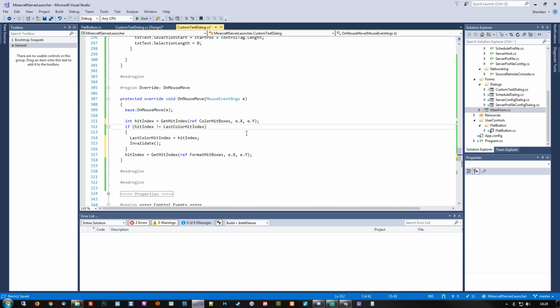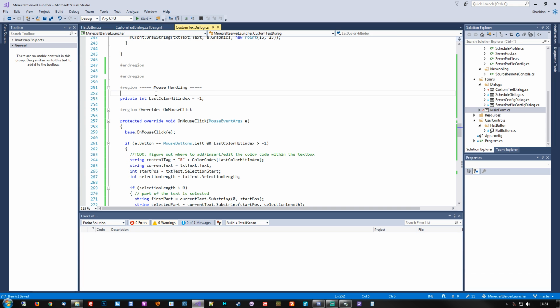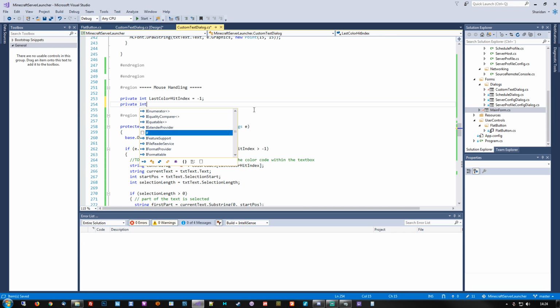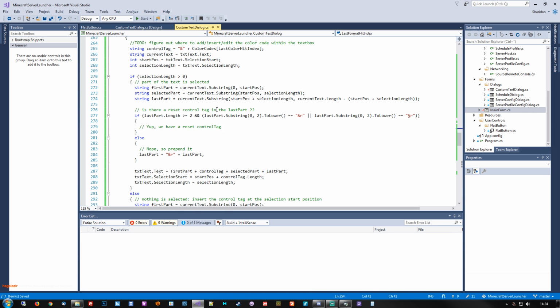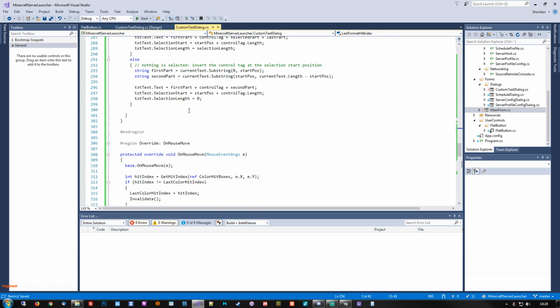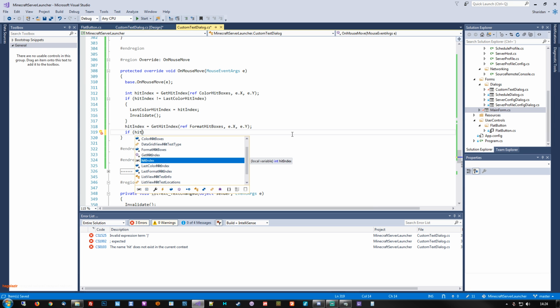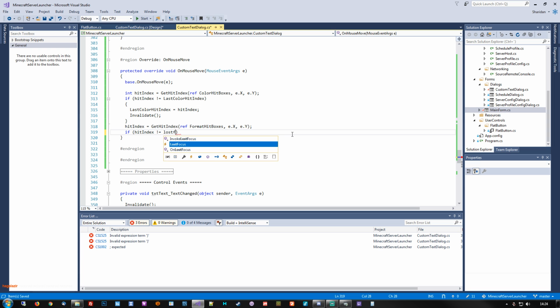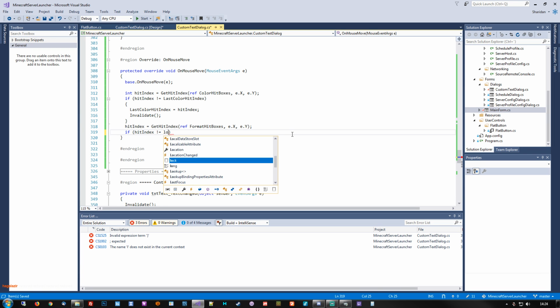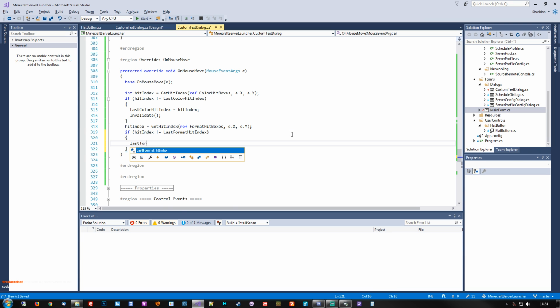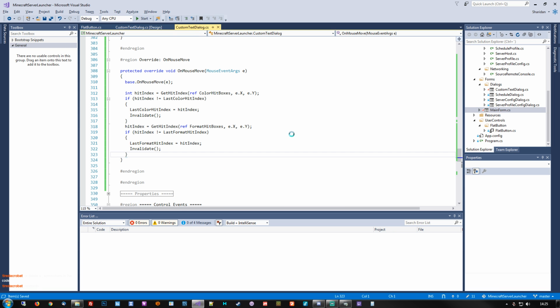And this needs to move there, and then we still need to define a variable for the last format hit index equals -1, indicating nothing. And similar as above, if the hit index is not equal to the last formatting hit index, then last formatting hit index equals the current hit index, and invalidate the form layout to have it